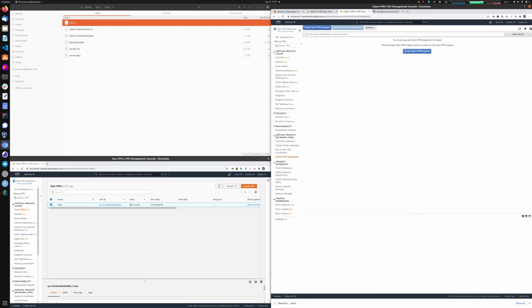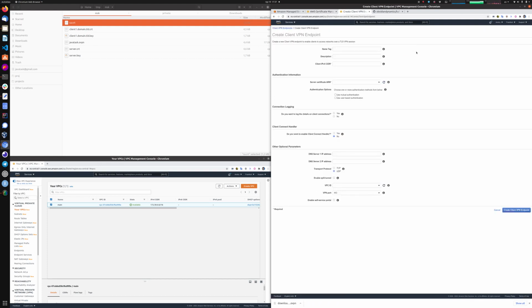After this you go to the VPC section of the AWS console, go to the client VPN and click create client VPN. Here we can describe the name of your VPN client, and then you should also enter the IP address range of your VPN network, and it's very important that this range does not overlap with your VPC IP range. For our VPN network we will take 10.100.0.0 with a 16